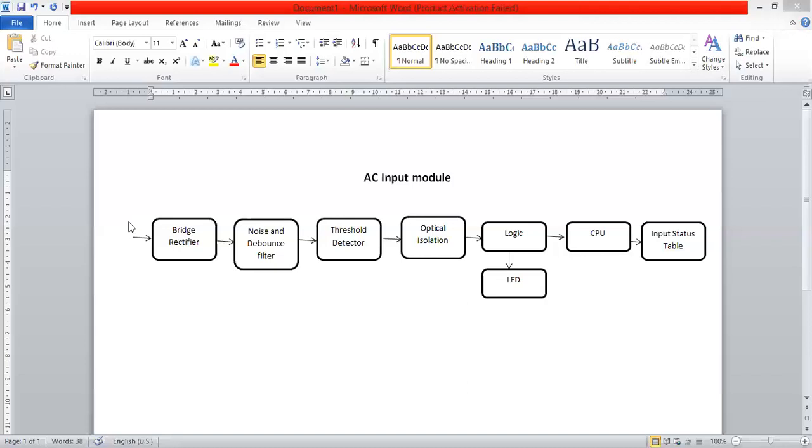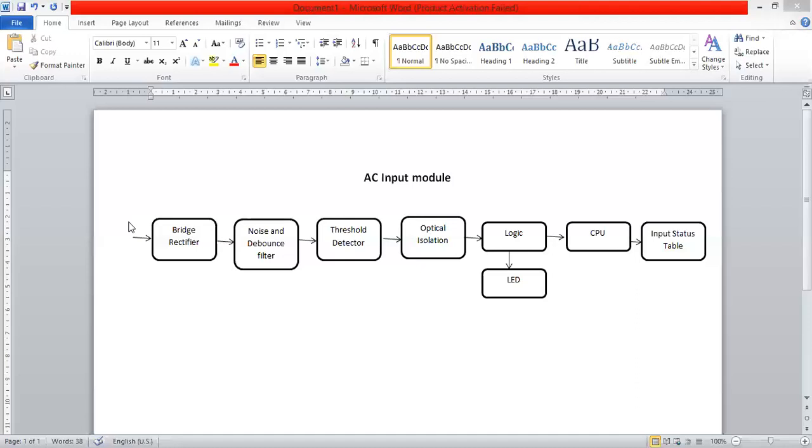If 5 volt is at the LED, then 5 volt, that is binary 1, is generated at the output of the transistor. This transistor then gives this 5 volt or binary 1 or 0 to the logic. Then the logic will decide whether binary 0 or binary 1 is received. If 0 is received, then the LED will be off. If 1 is received, then the LED will be on.